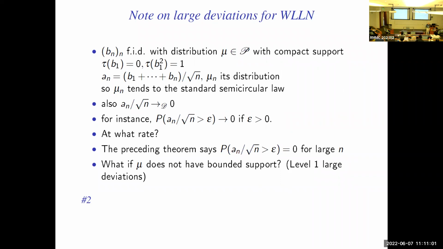What should I subculture? It's called level 1, I think. It's a level 1 large deviation. So it's a large deviation for processes that tend to a point on the line, basically, right? So you have processes that happen on the line, and they tend to a point. And the question is how fast, how can you estimate how far you are from that particular point? So those are the large deviations.